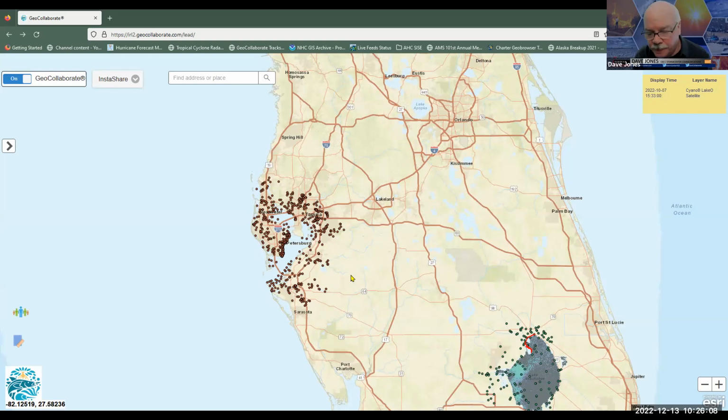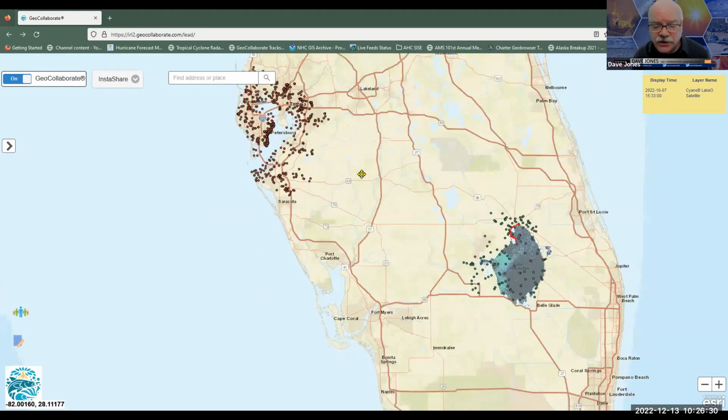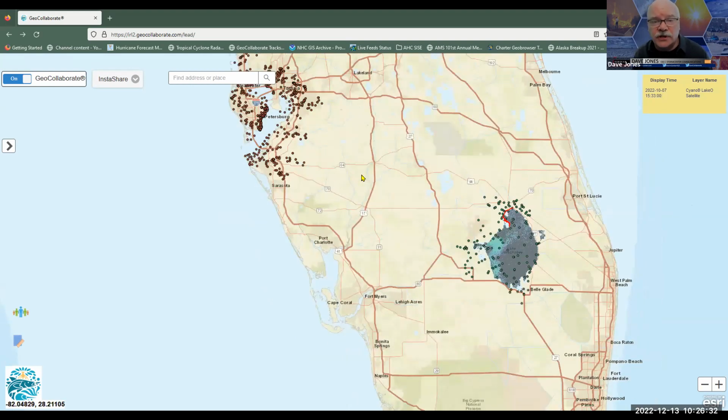So the great thing about GeoCollaborate is that we're tapping into those trusted data providers who are processing the data, QCing the data, making it the best data possible for evaluation or for the research. And we're pulling that disparate data in together so we can all look at it. No more do you have to go to this website and then this website and this one. Some people go to 10, 15, 20 different websites just to get an idea for what's going on in a